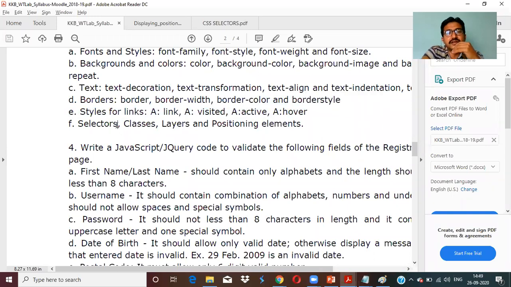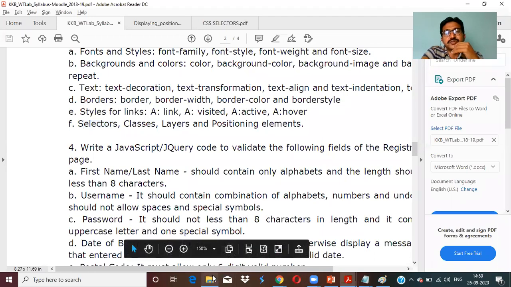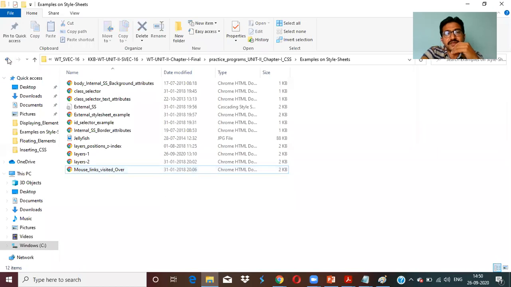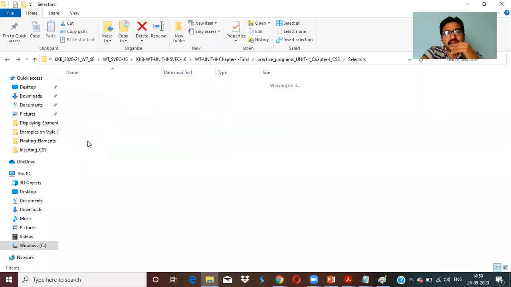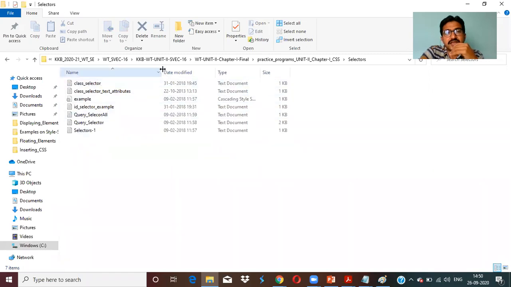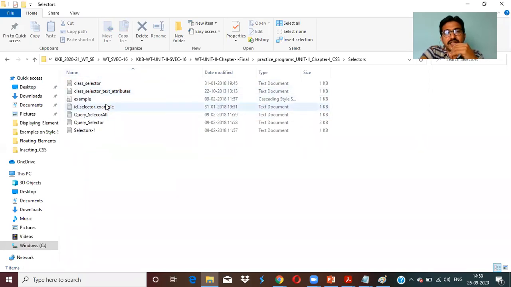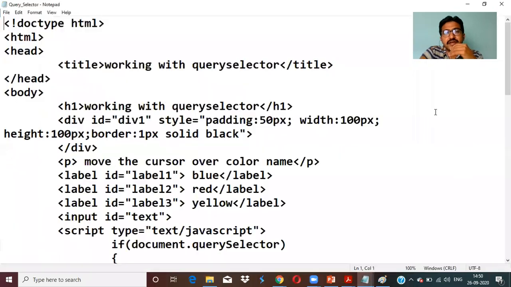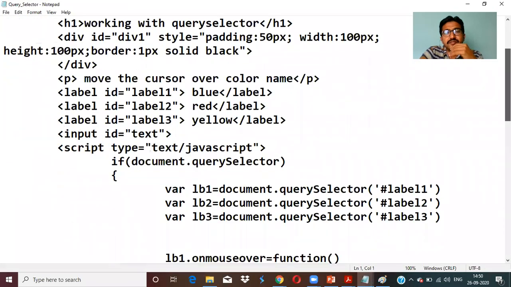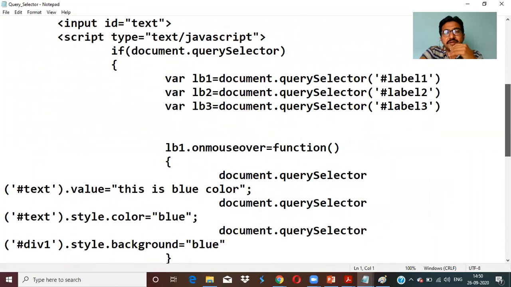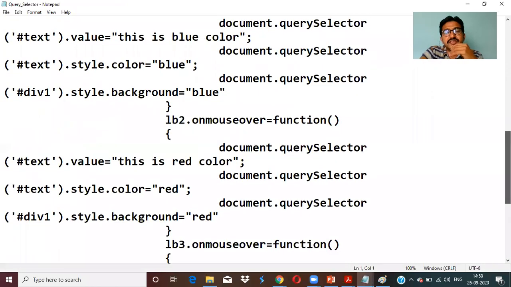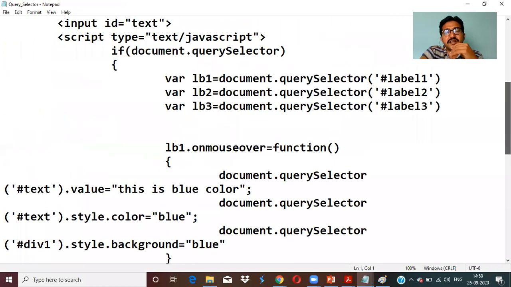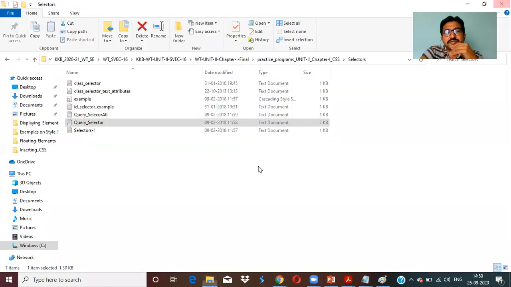And the last one we are talking about is the selectors. In the selectors, please make sure some examples for selectors are already shared in the canvas. These are the class selectors, ID selectors, which you are already aware of. Let me go to query selectors. Query selectors talk about JavaScript. You please run the program. If you understand, please try to understand. Once JavaScript is started, you will know what it actually is.